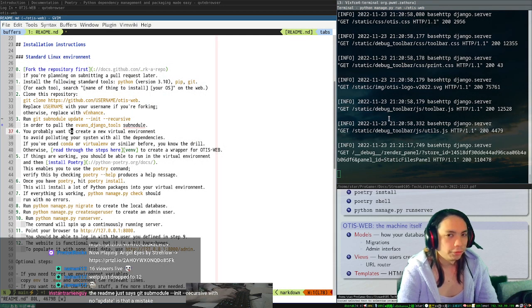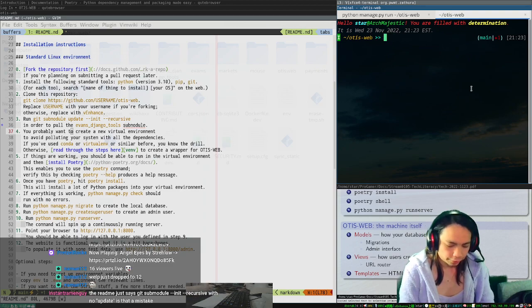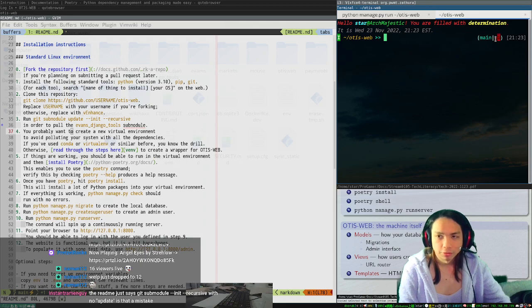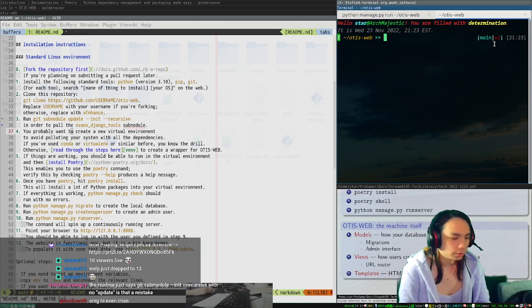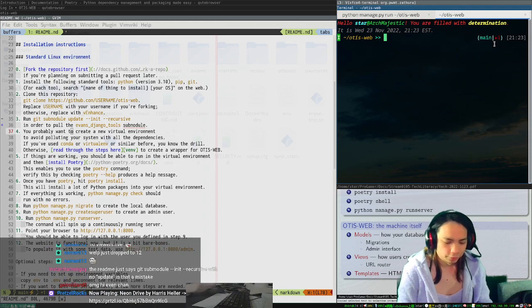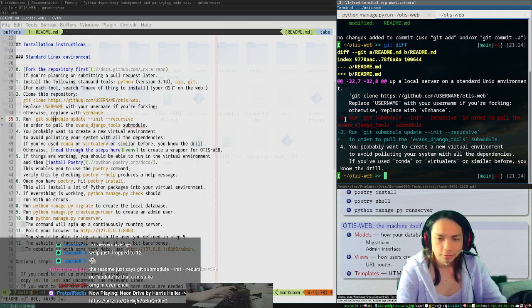So once you've made the changes, I'm going to go back to the terminal where Git is alive. Now that I have this clone of Otis Web, Git is very carefully keeping track of every change that I make. This is part of the power of Git. All your changes are tracked for you. So if I type the vanilla command git status, you can see it can tell that I have modified this file by 2 lines. If I type git diff, it'll actually show you what the changes are. So it's telling me right now I've taken these 2 lines and replaced them with these 2 lines. So if I'm happy with this change,